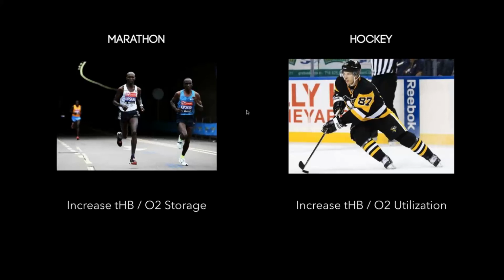A marathon runner, obviously, we're going to try to increase blood flow, and we want good O2 storage, right? Now, should they all be shot utilizers, in the sense that they all just utilize all the way down to 0%? Maybe not necessarily. Maybe they can hold a hard pace, steady, for longer, with great delivery, and that's what we have to get them